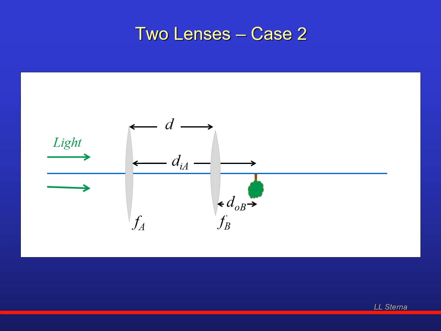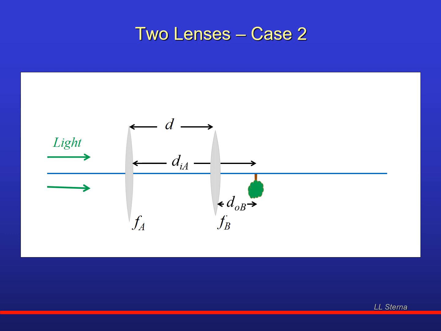And you say, well, it looks like D plus D sub OB equals D sub IA. So one way to solve this problem would be to say, well, if I took D sub IA and subtracted D, I should get D sub OB. Except